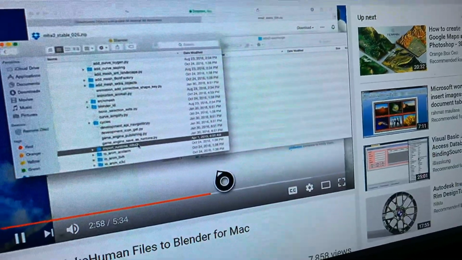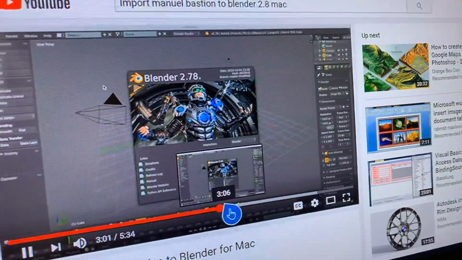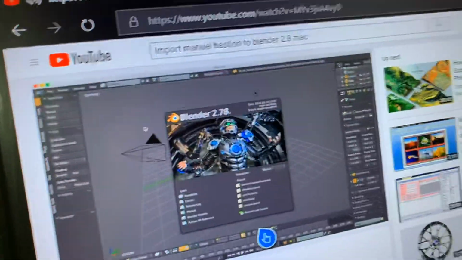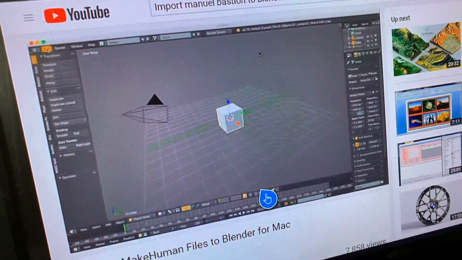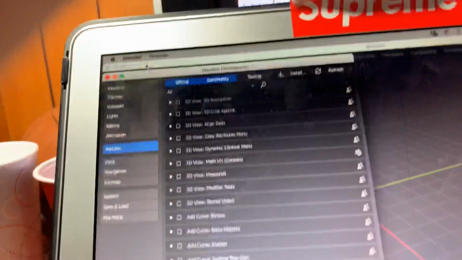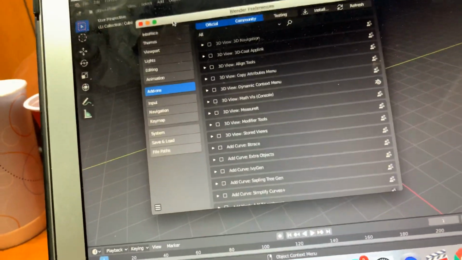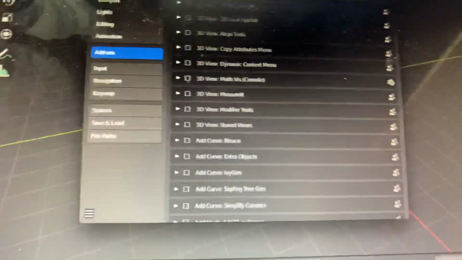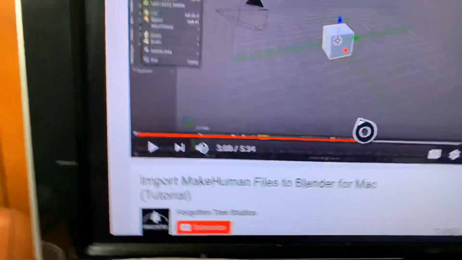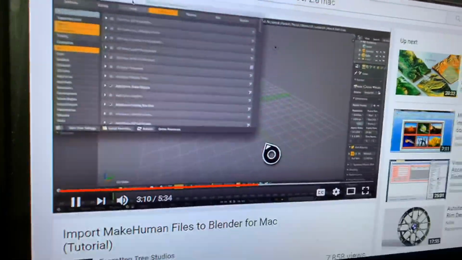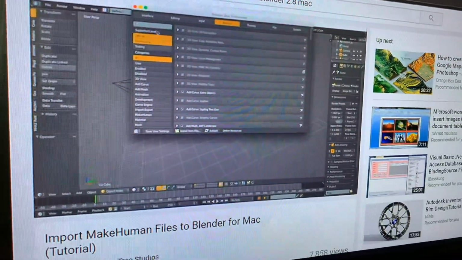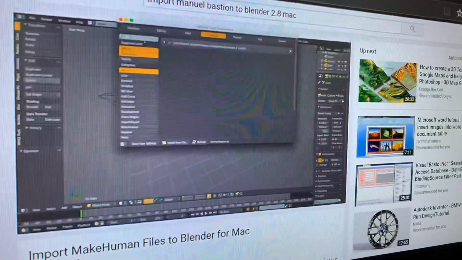Under your Blender's add-on folder. Now you can open up your actual Blender application, and we are going to activate the plugin that you just installed. You're gonna go to User preferences. She went to the top left at File. It's not at File. You gotta go to Edit. You gotta go down to Edit, and then down to Preferences at the very bottom, then click on Add-ons. Then you're gonna search it up. And you can search for the plugin, type in